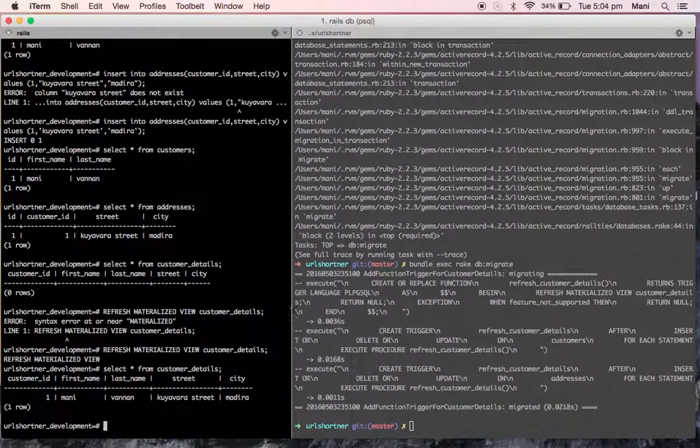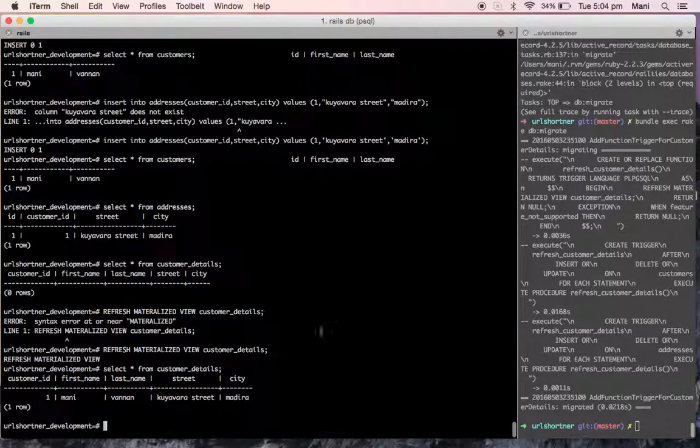Now we'll insert a value into a different table and check the materialized view query. Same thing.